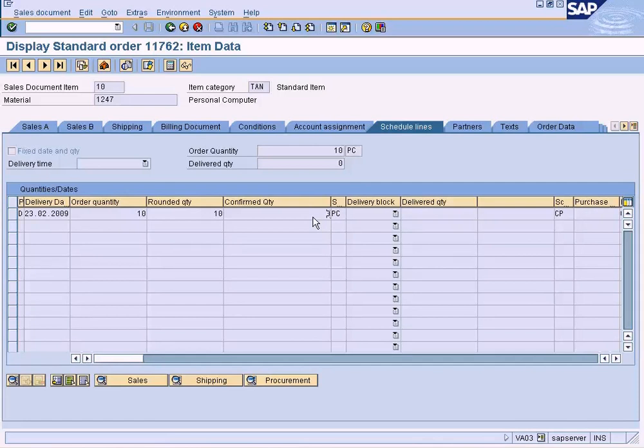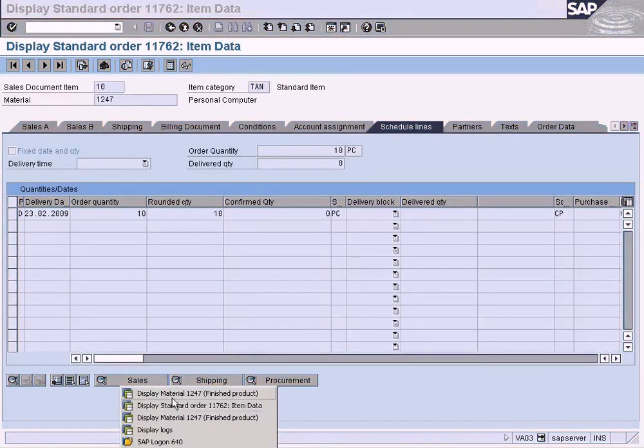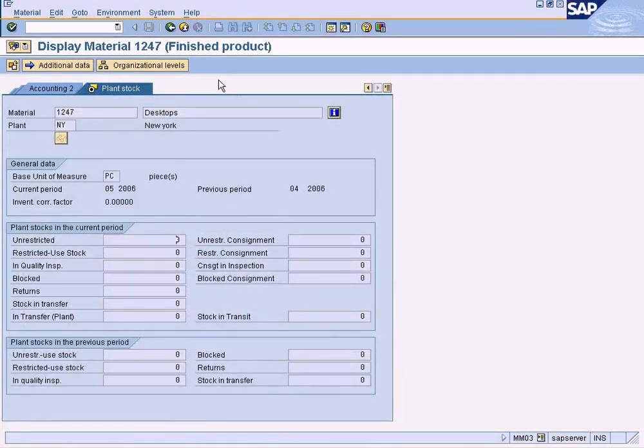So this is the reason we are getting this error, because we don't have enough stock in our inventory to deliver to our customer. So what we need